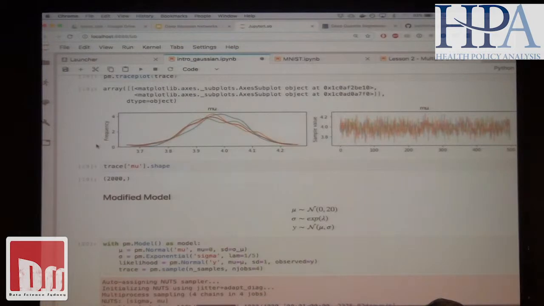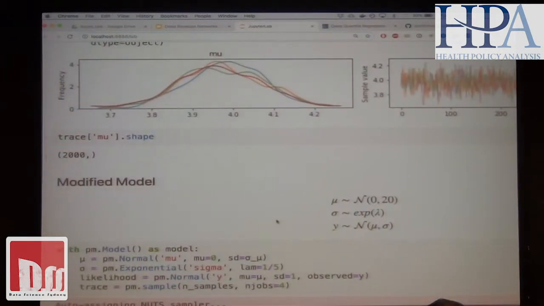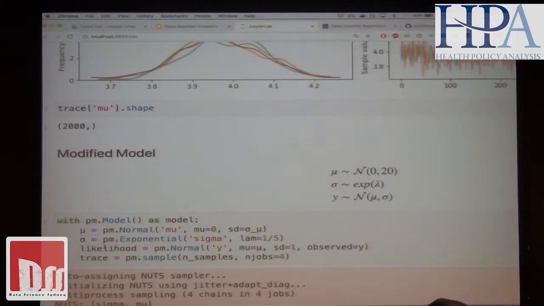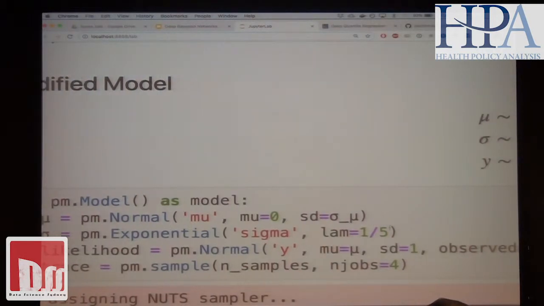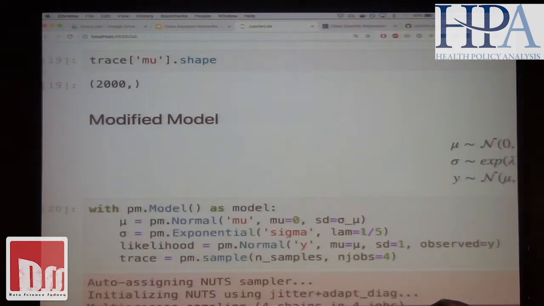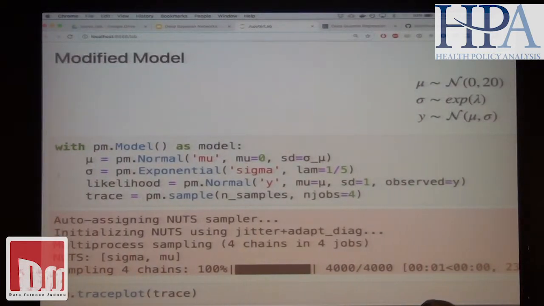In the previous model, I told you that the standard deviation is 1. Another thing you can do is say, I don't really know what the standard deviation is, so I can put a prior on that as well. In this case, again, I don't know too much about what's going to happen with the standard deviation, so I put a wide prior on it. I say the mean is probably 5, which it's not, so it's much smaller than that. But again, I go ahead and just write those 3 lines over here.